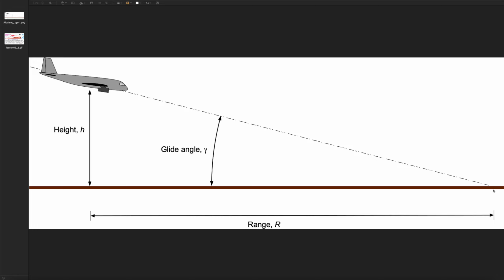So if the airport is, let's say, 3,000 feet in altitude, which would be a very high airport, let's just say 3,000 feet, then the pilot wants to end up at an altitude of 4,000 feet. So that last 1,000 feet, the pilot will use to actually come in and land on the runway, right?